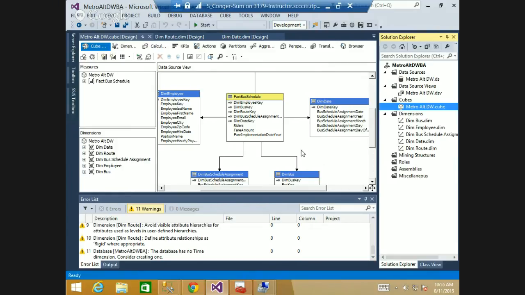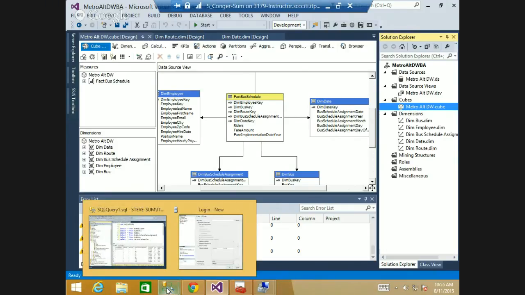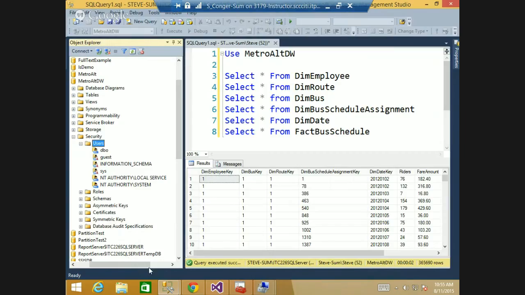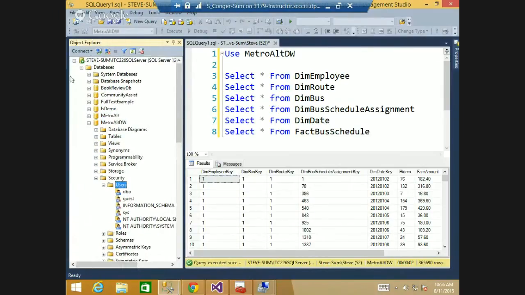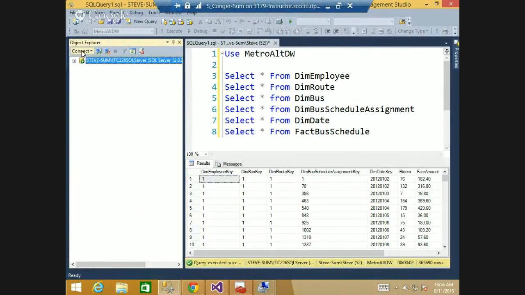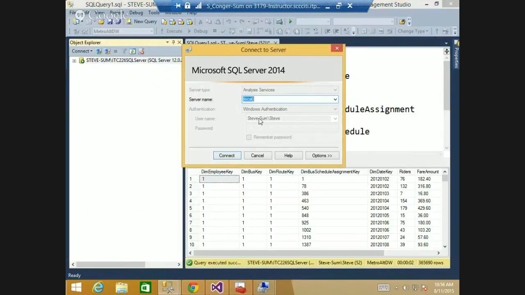Let me show you one thing when you deploy this, and it has to be deployed. This is something that we did when we did the install. One of the reasons why we had to install a new copy, even if we didn't. The original copy didn't have the analysis services, and I don't want that. I want